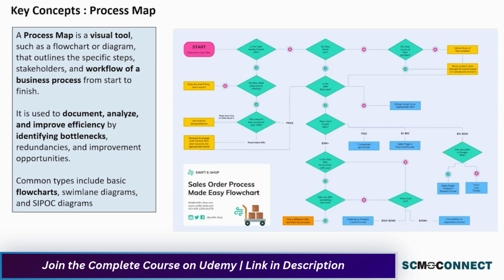So these are typically three types of maps. The first one is the flow chart, the second one is the swim lane diagram, and we'll see what swim lane diagrams are. And the third one is the tip-off diagram. So we'll also see what the tip-off diagram is. So this is an example of a simple flow chart. The example given here is a sales order process flow chart,